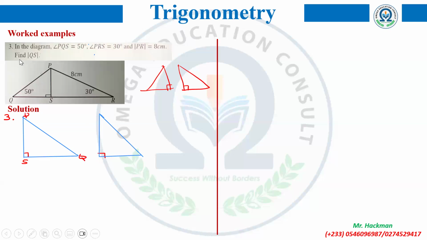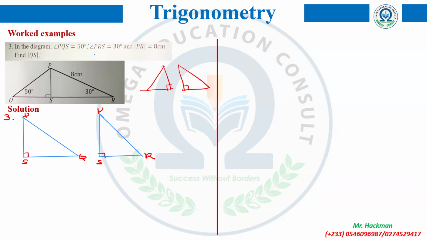Now, this one too is PSR. So it is right-angled at S. Okay, so I indicate that one first. Then, as for the P and R, you can put them anyhow. So I'm going to put P here and R here. All correct, my professors? Yes, please. Okay, so now, after splitting our possible right angle triangles from the main diagram, you label the